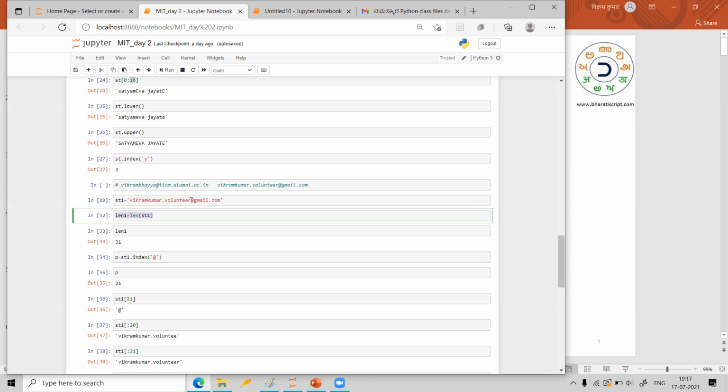That is a different question. What we did is, if you want only the starting part, you have to find the index of this @, at which location that @ is present. So that is what I have found. Once you found that, you start printing from 0 location up to that particular location. For example, this @ is present at, it is showing here as 21.